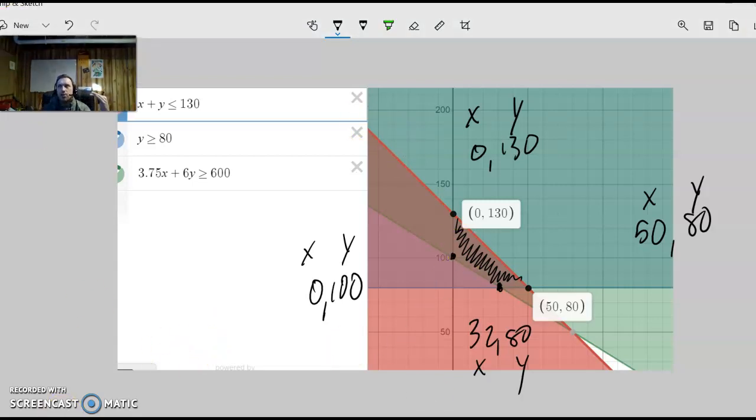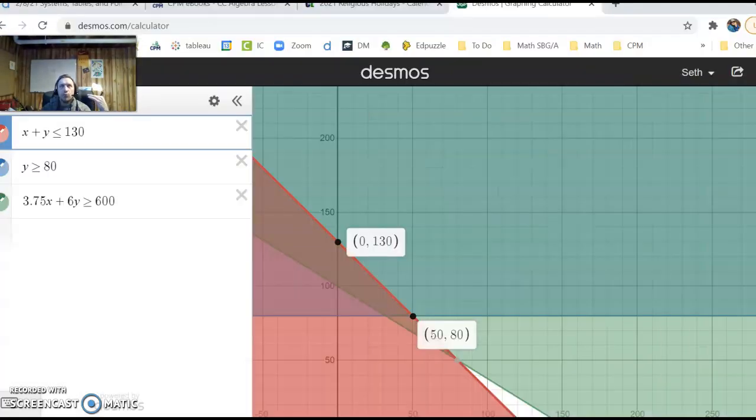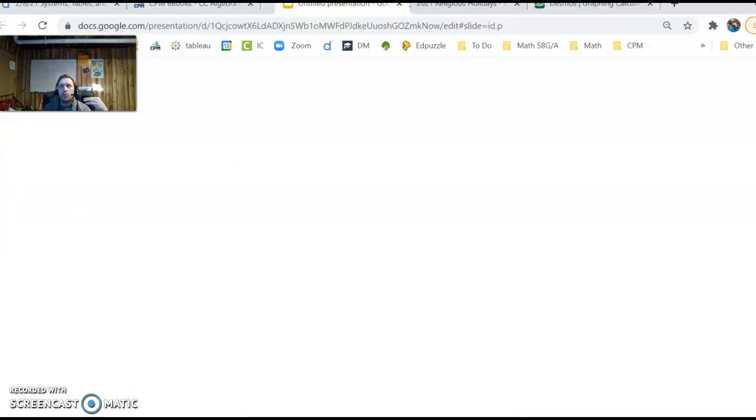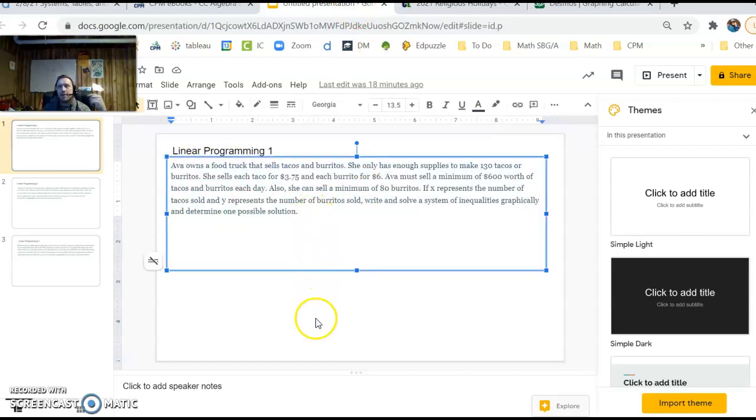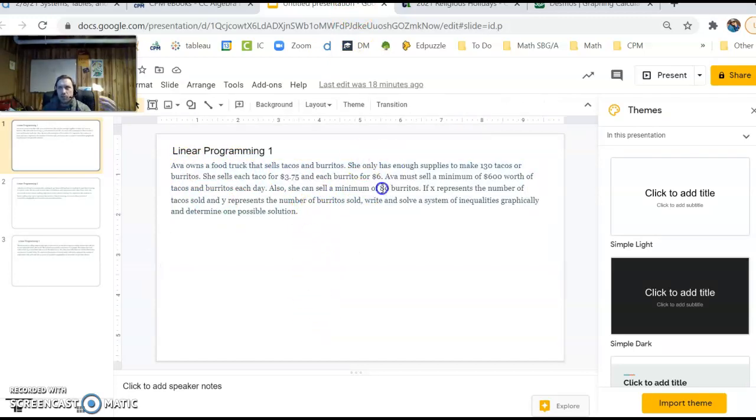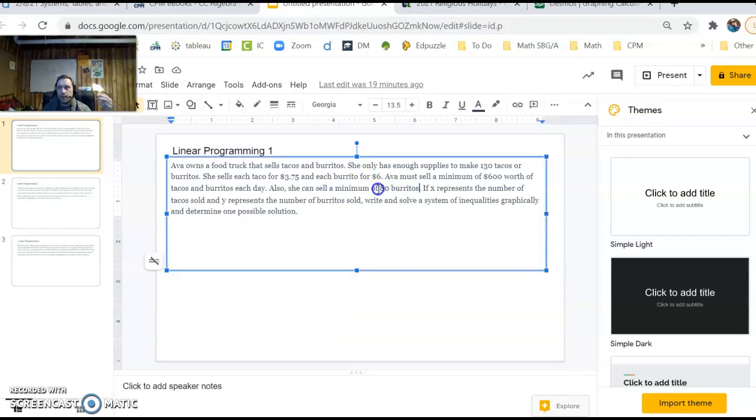So again, the whole strategy in this is to guess, check, and generalize. And so what you really want to do is take educated guesses, read through the problem that you have so that you can then test it according to what you see. So you still need to understand, walk through what you see, and go from there. So one more time, you're reading through this presentation. How do you have the food truck make some logical guesses? Make sure you follow all of these different barriers you have where you have to have at least 80 burritos. Check that and keep testing it until you become